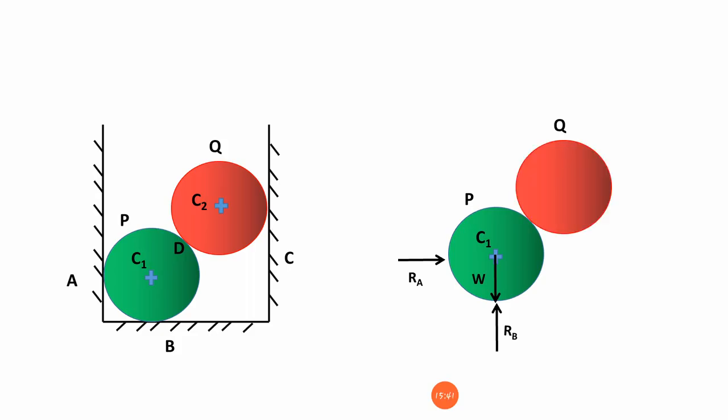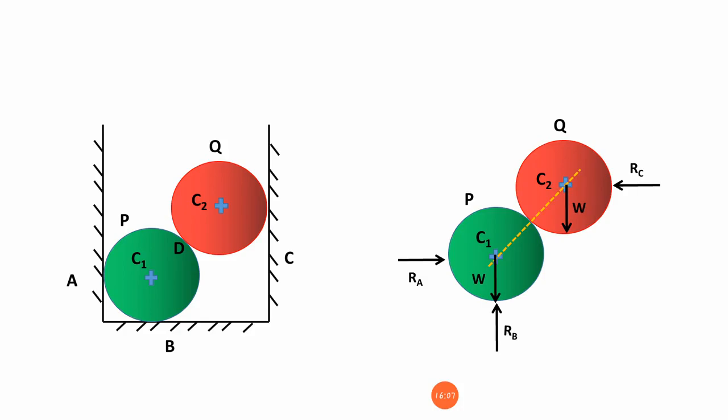The next one, the sphere Q I have taken, and then what forces did we remove at the wall C? So there is a reaction force in this one. C2 is the center and the self-weight is acting in the downward direction, and from the point C it is very clear that it is going to be acting towards the right side. That is also normal to this one, and there is a line of action we have taken between the two centers.